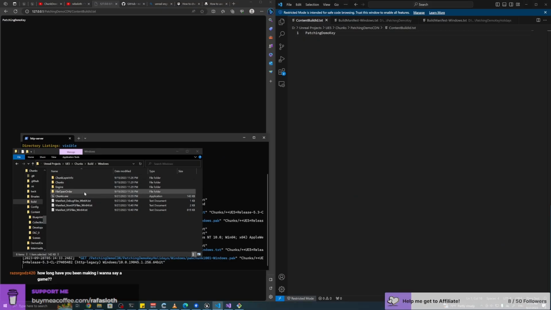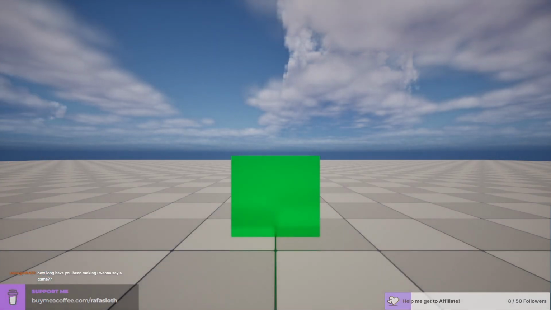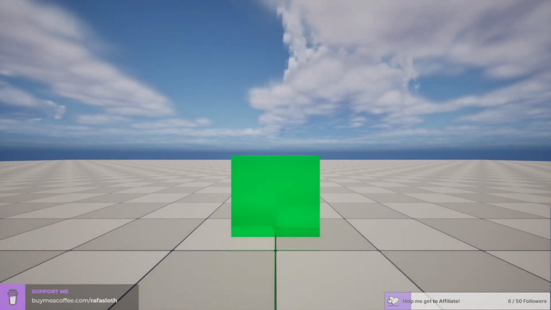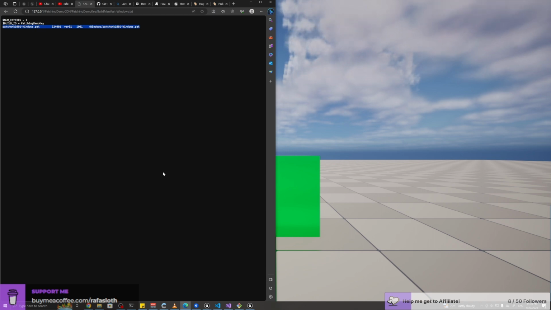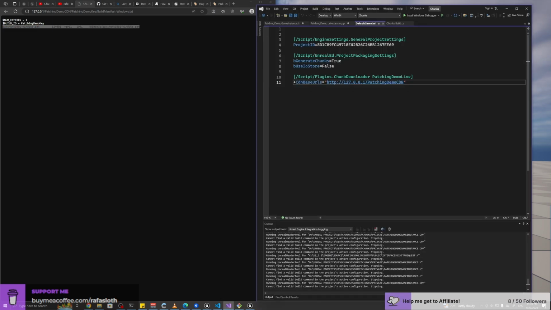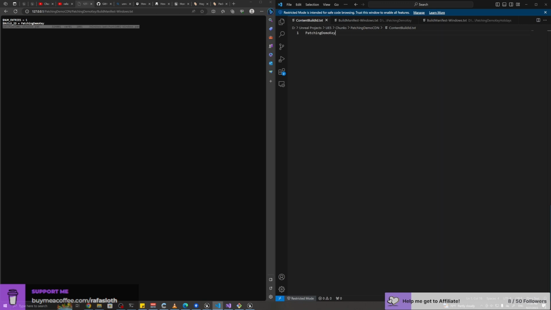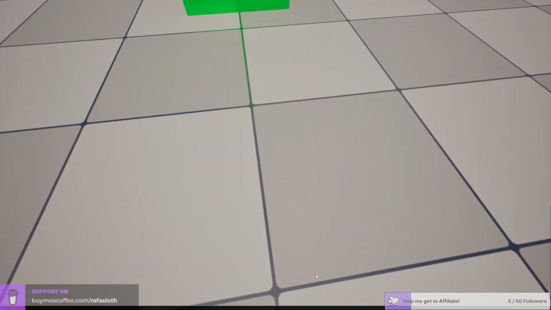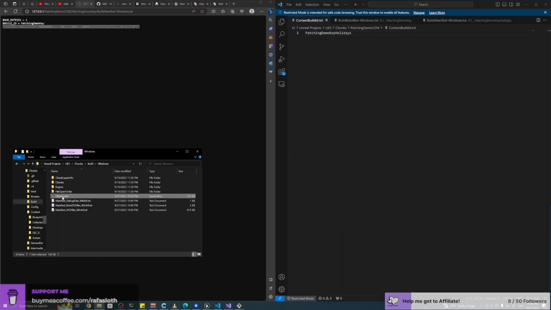Maybe exit the game. Yeah, so exiting the game makes it work. Okay, yeah, I'm just so happy that it works. So it worked, change the color. We can change it again. It appears we just have to change this to holidays and exit the game. Okay, open the game again and it should be purple.